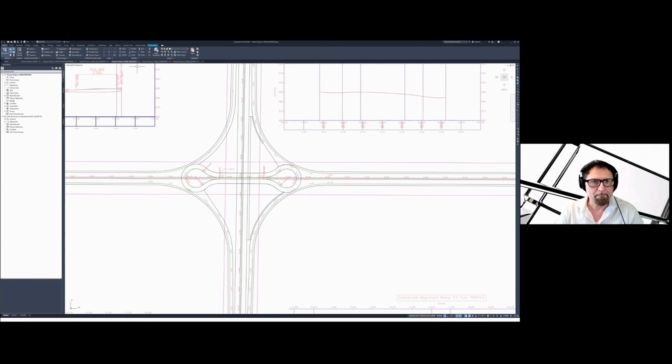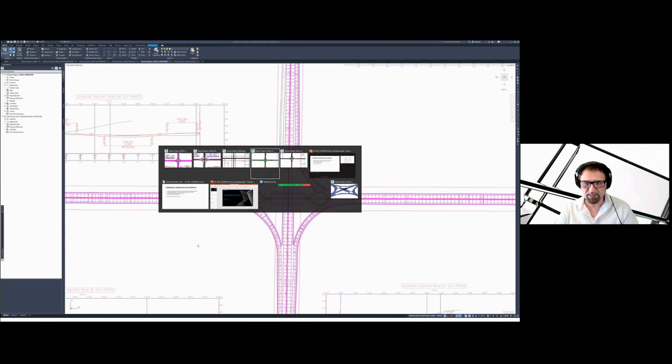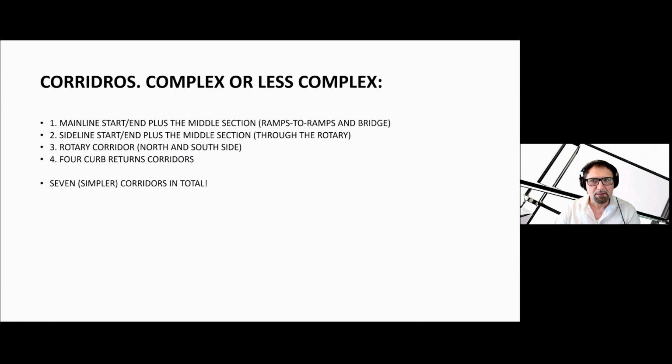Now, the offset alignment, again, is just the first pass of that design. In the next step, when we go and create corridors, the big decision was, let me just switch back to my PowerPoint. So when you move from all of your component alignments, connected, offset, widening, curb returns, rotaries, and you start thinking about creating a corridor model, this is a time for big decisions.